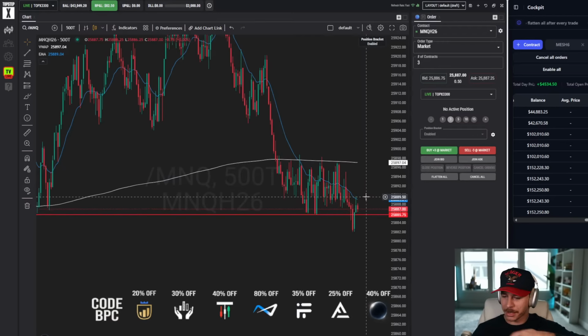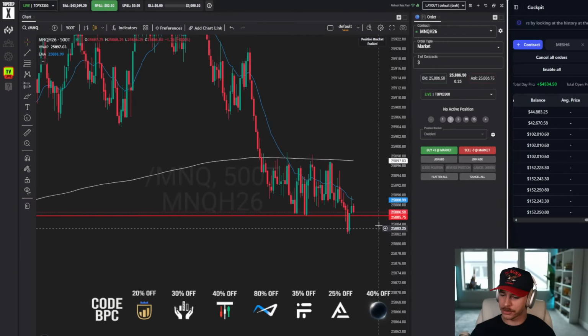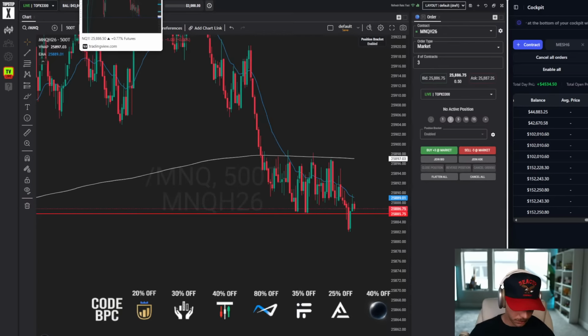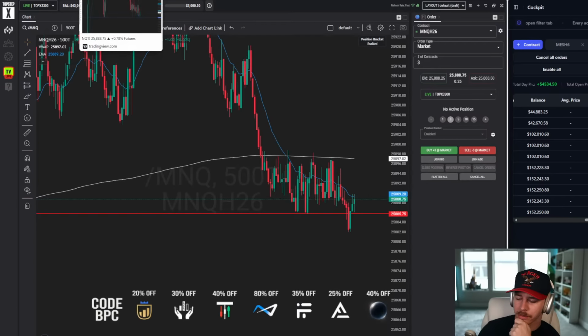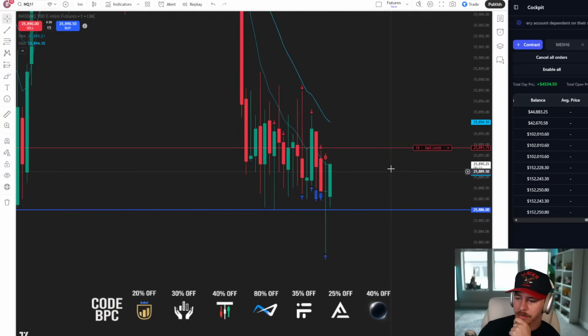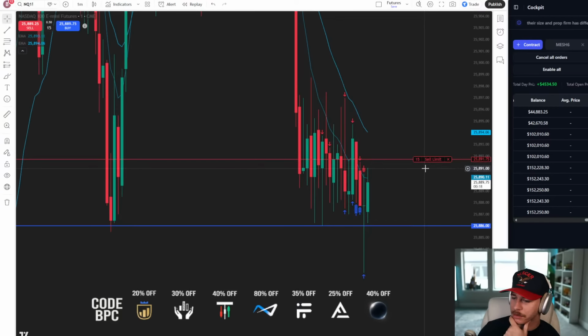Wait, not past yet? I took a couple L's earlier, so no, it's not past yet. But we're getting there. We just need one more good 15 mini 2-point scalp. Should I dip buy it or short it? Short again? I think so. Let's see if we can get like 892 or 893. Let's get like here. Can we pop that and then kind of get out on the retracement?